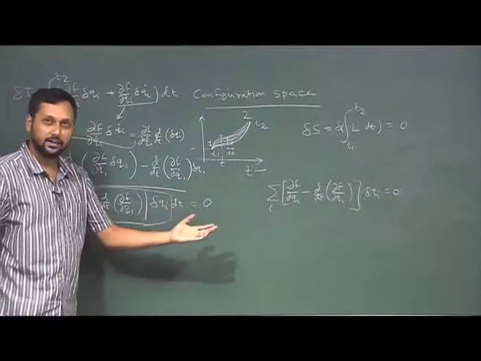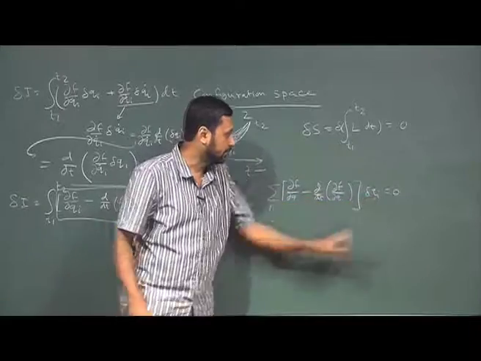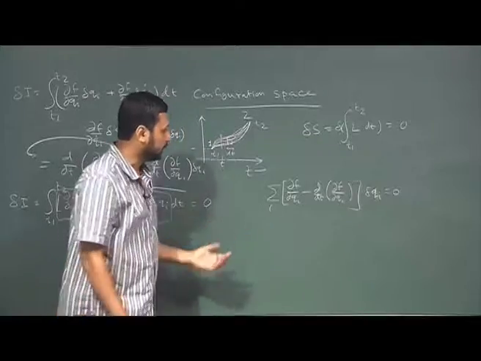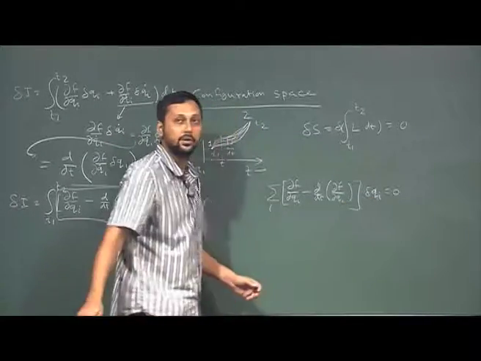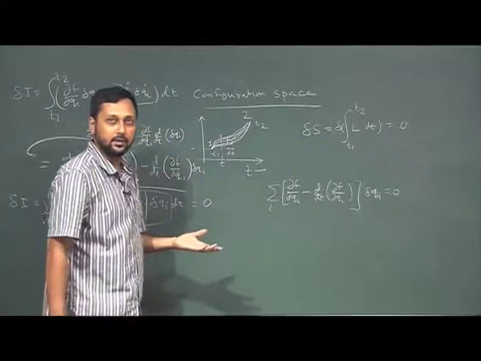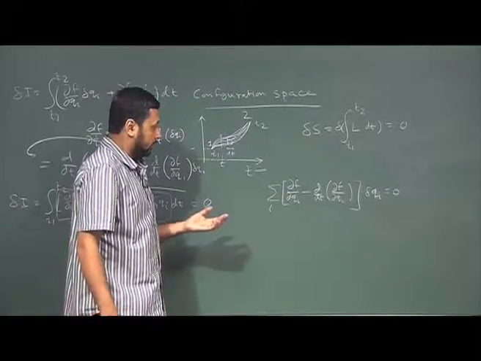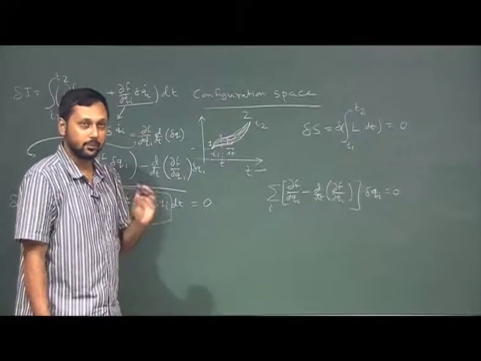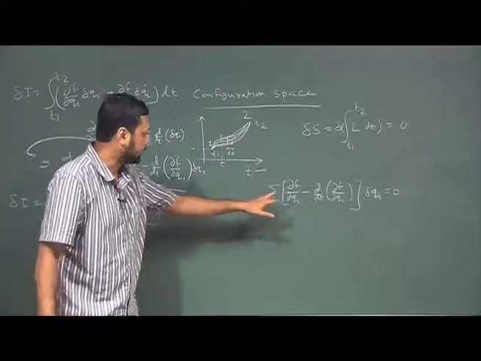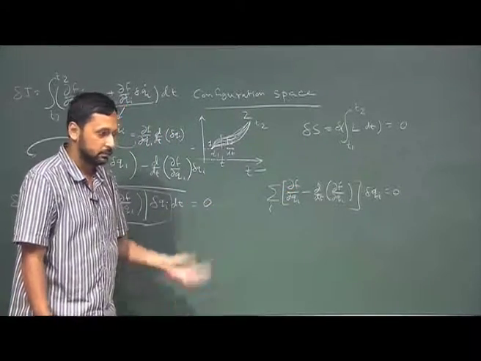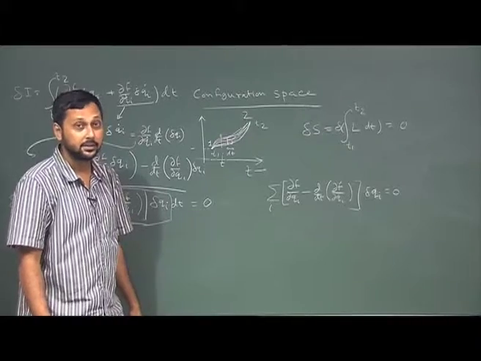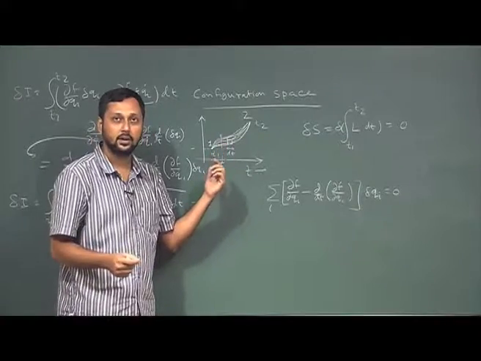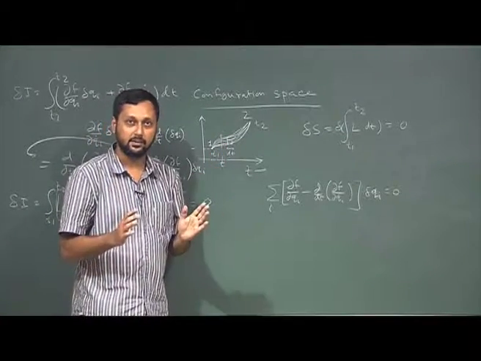And from there, stating that the qi's are independent, we can equate all the coefficients of each delta qi term to 0. We have done that during Lagrangian, right. So now we have seen that it is not only for a mechanical system, but if we can define a proper functional form of f, it could be Lagrangian, it could be total potential energy, it could be the time traveled between two fixed points, whichever parameter we want to optimize.